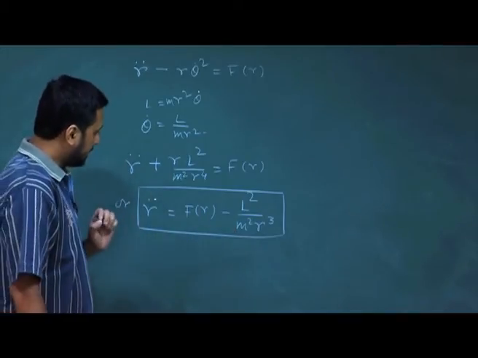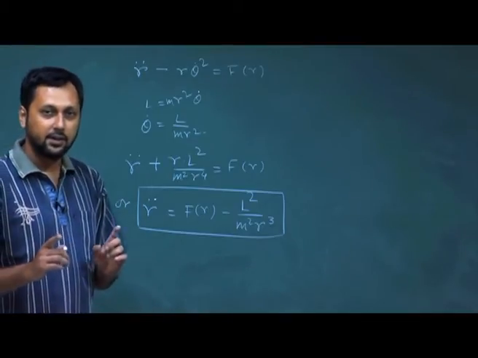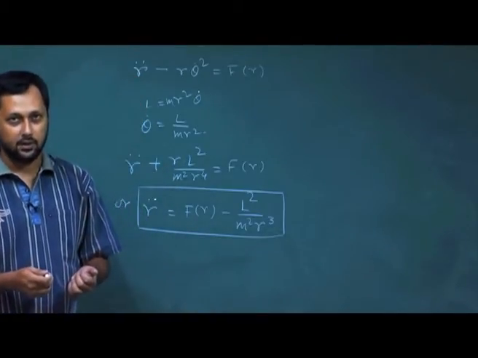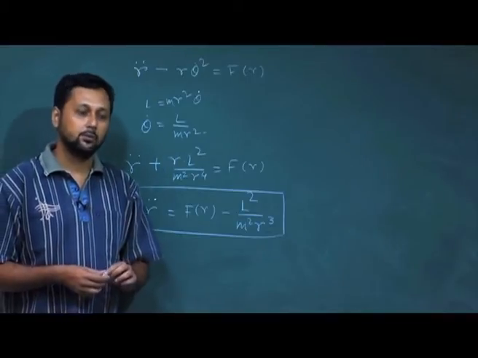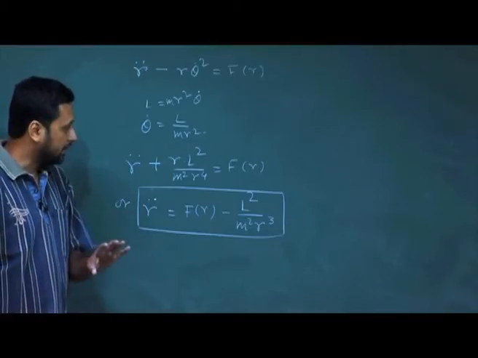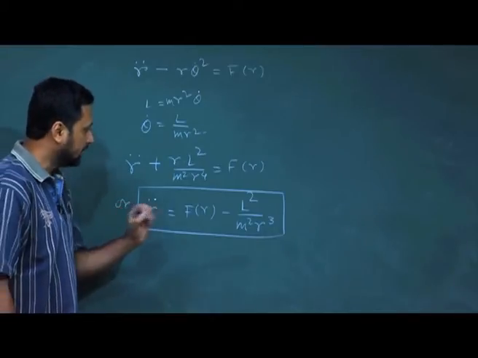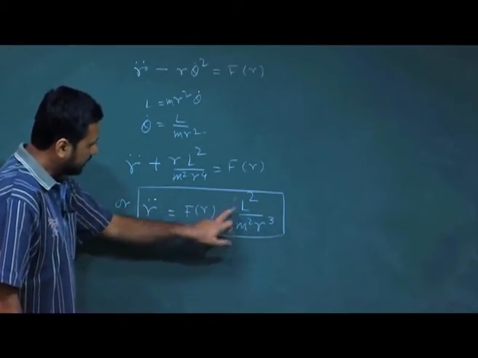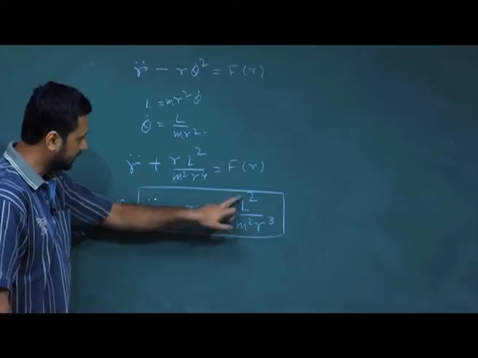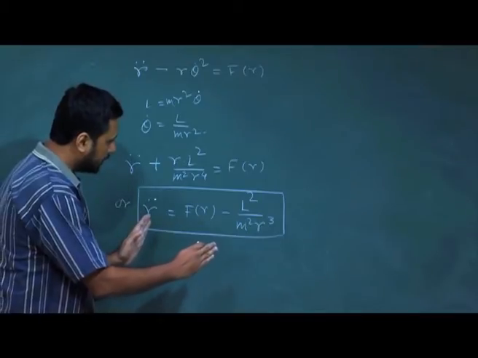Now, please remember that except for simple harmonic oscillation in one dimension, every time an object moves under a central force field, there is an angular momentum which is constant. For the special case of one dimensional simple harmonic oscillation, this angular momentum L is equal to 0. So, except for that particular case, whenever a particle is moving under the action of a central force field, there is this term, and L is positive, m is definitely positive. So, L square by m square r cubed is a term which will contribute